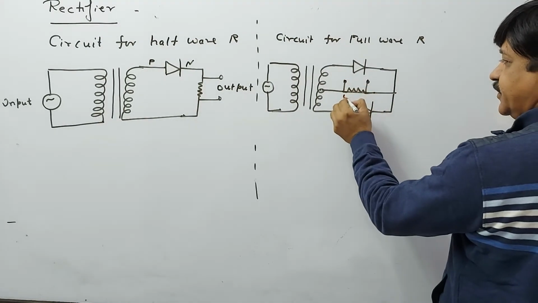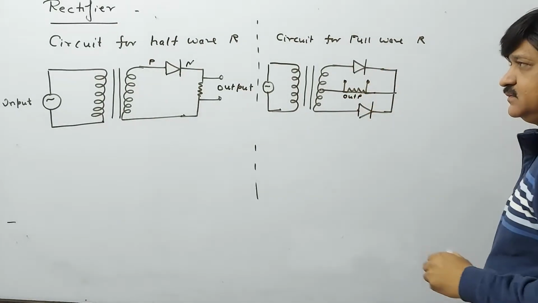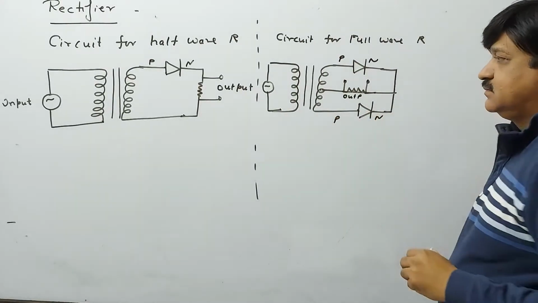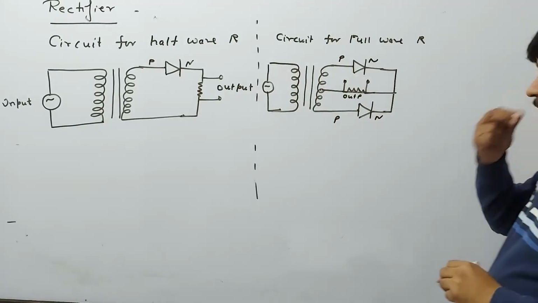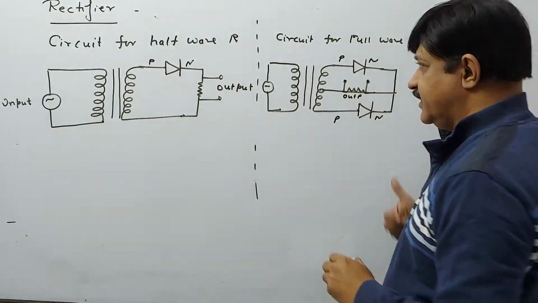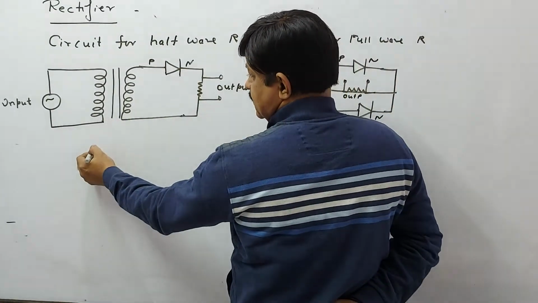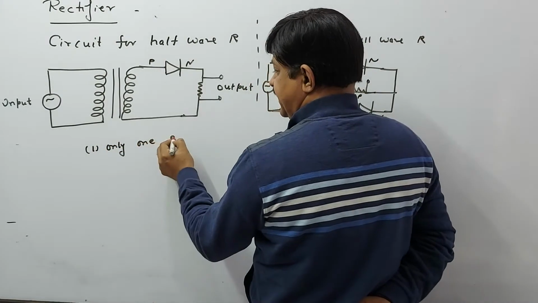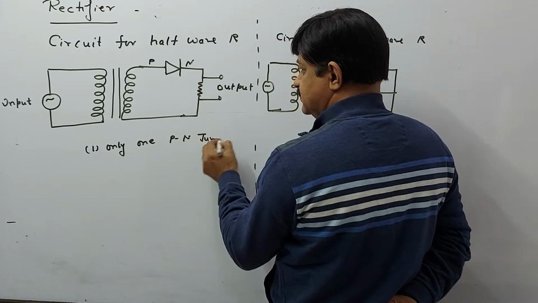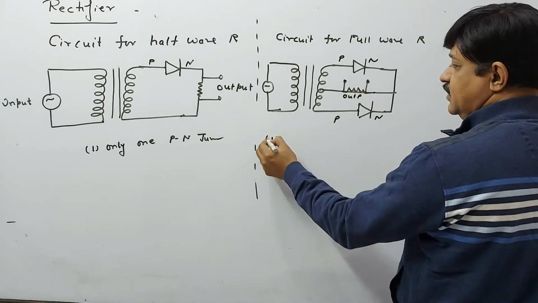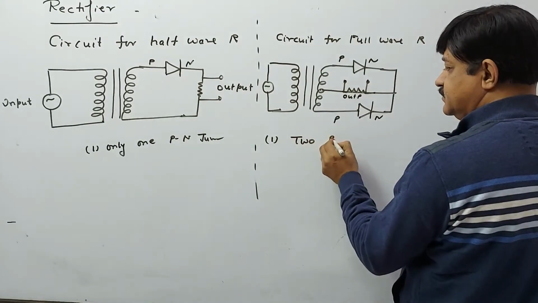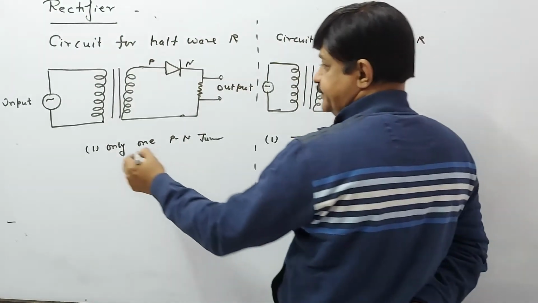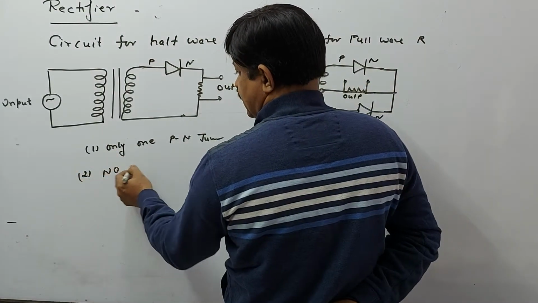So here we will take output. So two PN junctions are there in this. Half wave rectifier: only one PN junction. Full wave rectifier: two PN junctions. No